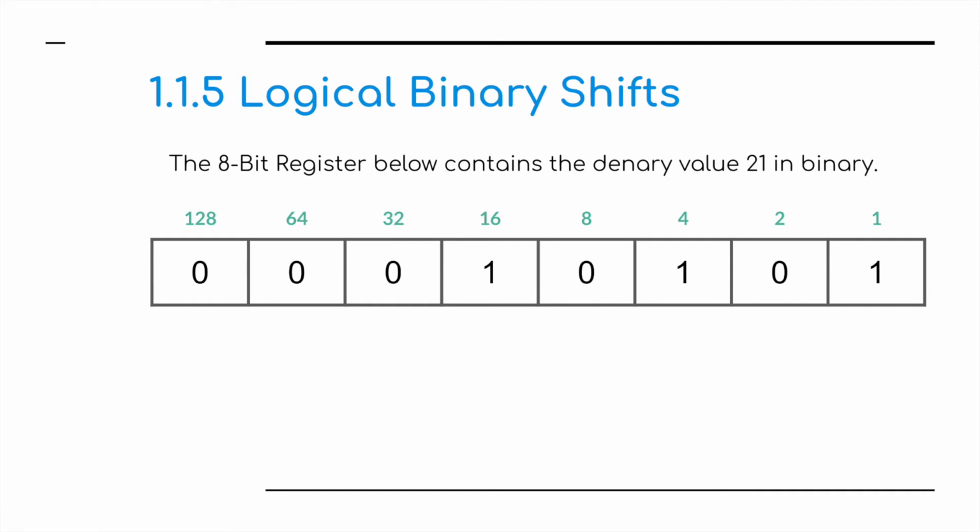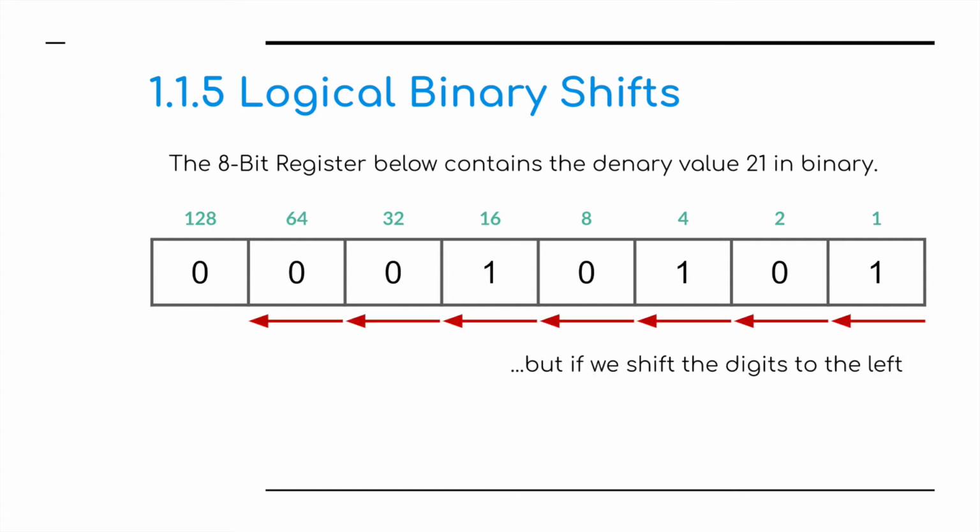So, if we were to shift the numbers in this system, or shift these 1s and 0s across to the left, we would be multiplying. And you'll see that in a moment. And if we shift them to the right, going down the register, so to speak, then we will be dividing by 2. Well, what does that mean? We have an 8-bit register here below, and it contains the denary number 21. You can see that it's one lot of 16, one lot of 4, and one lot of 1 added together,